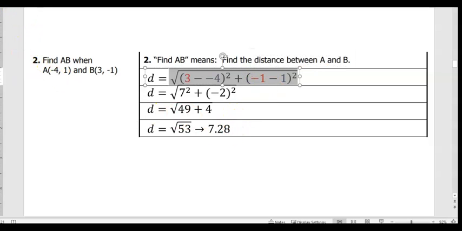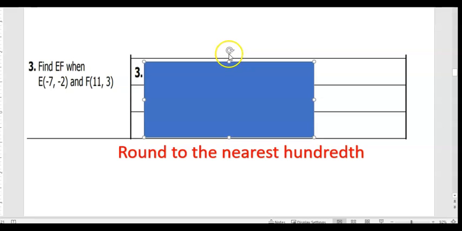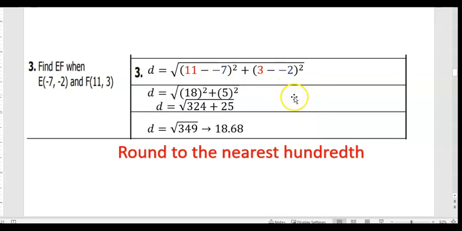All right, and then there's one more example. Now that you've solved this one out, let's see if you got the right answer. I'm going to show you my work and answer, see if it matches. So in this case, when you set it up, whether you put it in Desmos or if you do it by hand, you should have gotten